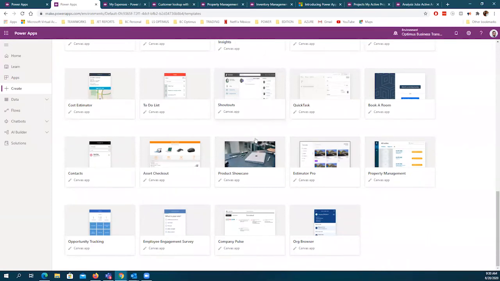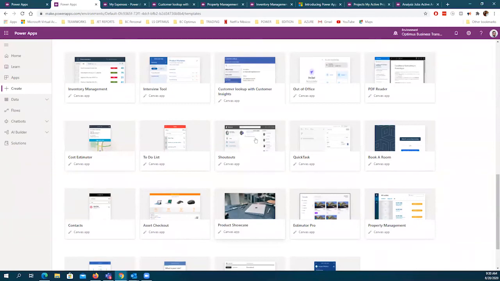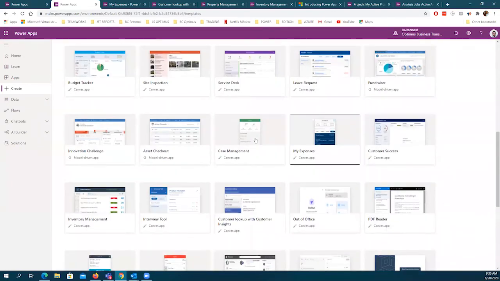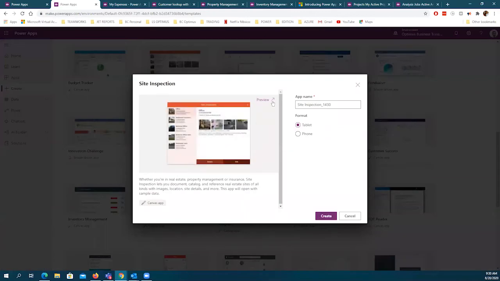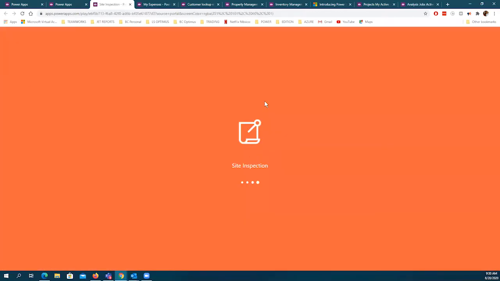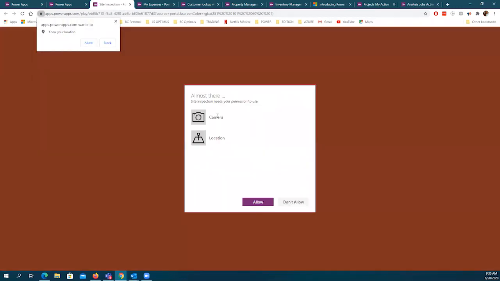Estimations, quotations, asset checkout, why not see your contacts, budgeting, I don't know, many. But the idea is that, take this. Another one, last one, site inspection. The site inspection, you want to take evidence of the warehouse, house inventory maybe,